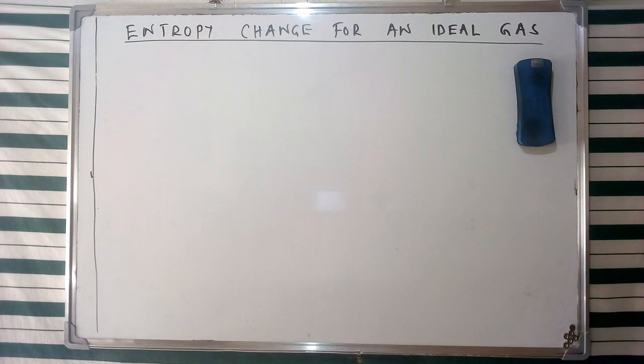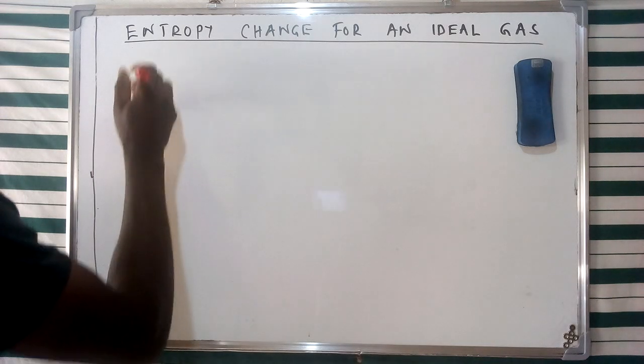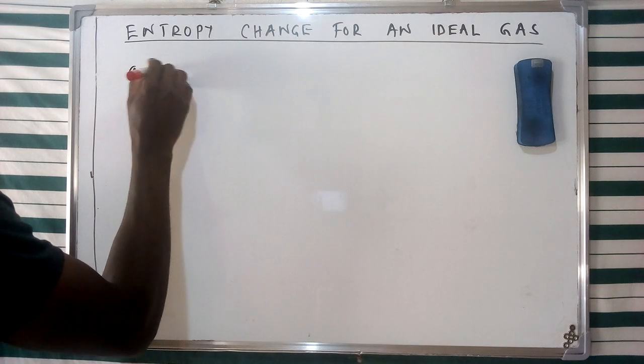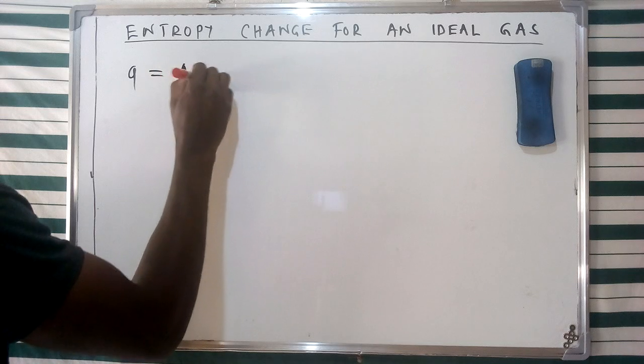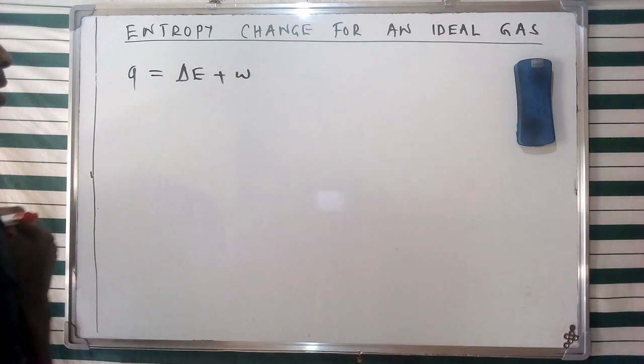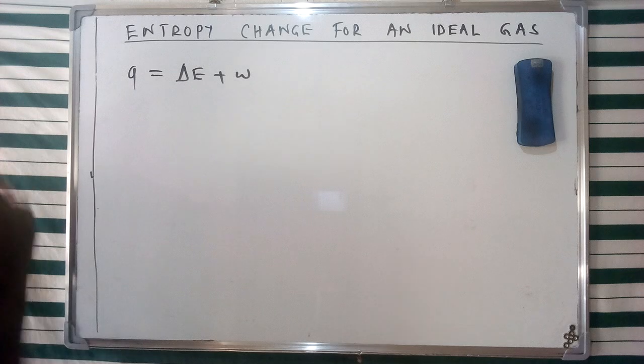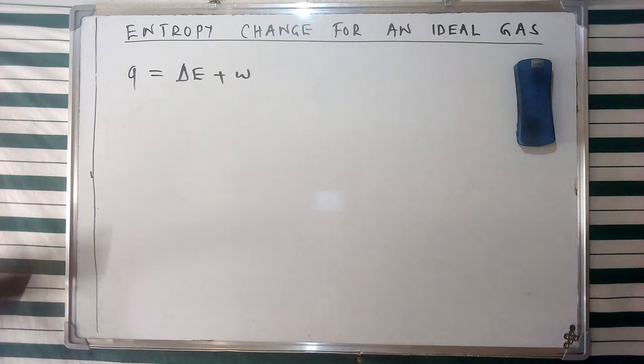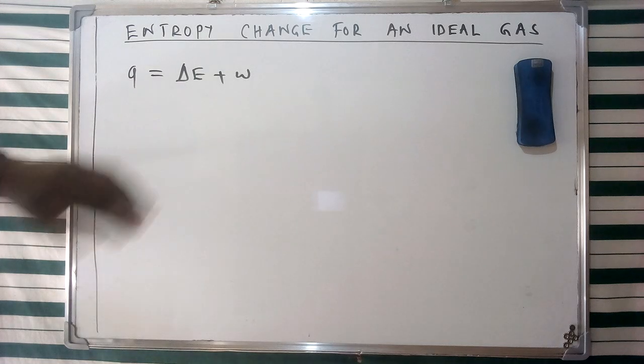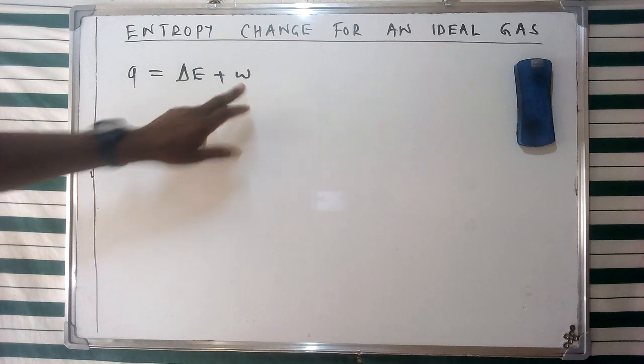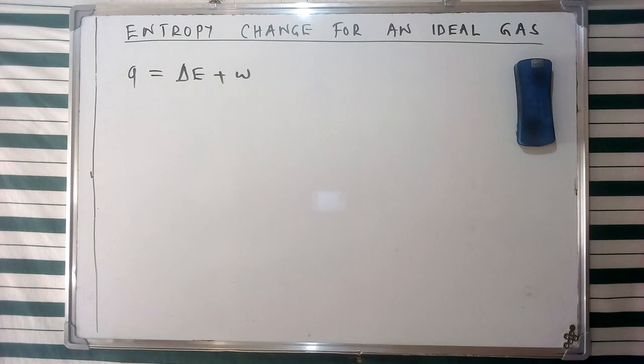So today we're going to look at the concept of entropy, and we're going to consider a case of entropy change for an ideal gas. In this case, from the first law of thermodynamics, we can represent the change in energy using this particular equation, whereby Q is the heat energy involved, ΔE is the change in internal energy, and W is the work